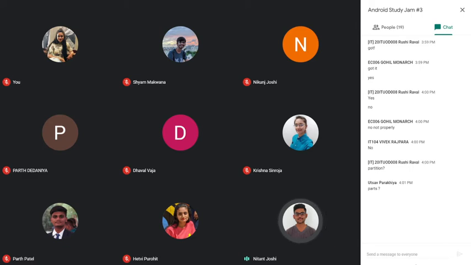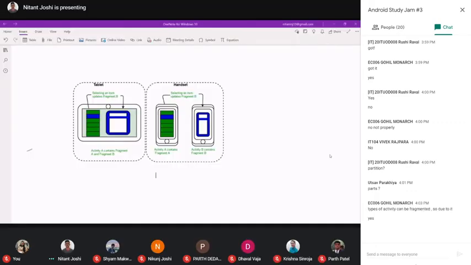activities. So first, let me share my screen so you guys can see something. I hope my screen is visible to you. Types of activity can be fragmented. Yes, you are right. See, before Honeycomb was introduced,